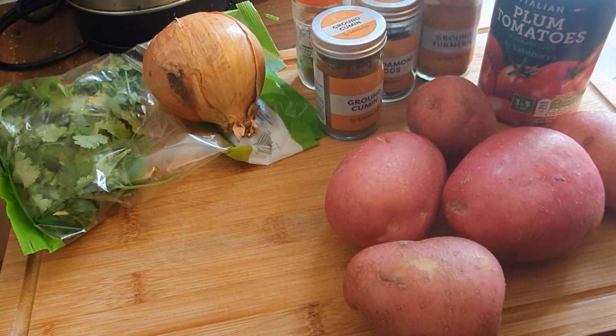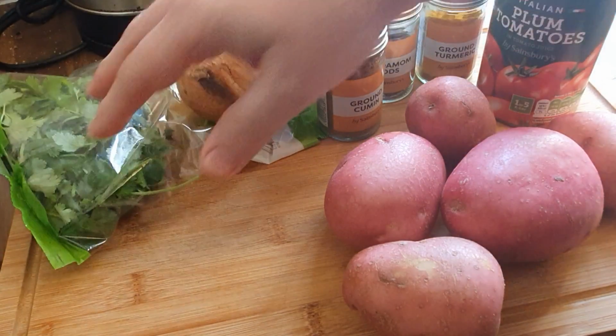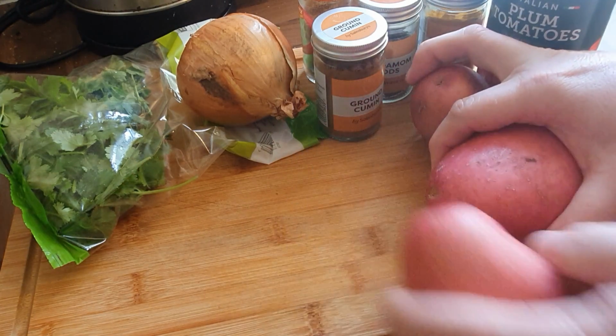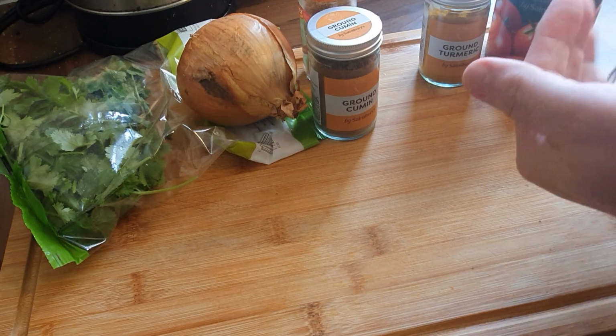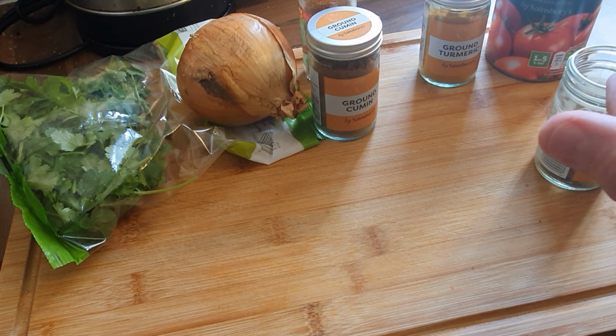Today I'm going to be making my version of Bombay potatoes. So for this you're going to need some potatoes, a tin of tomatoes, some ground turmeric, some cardamom pods, some ground cumin and some garam masala, an onion, some coriander, and you are going to need some ginger and garlic